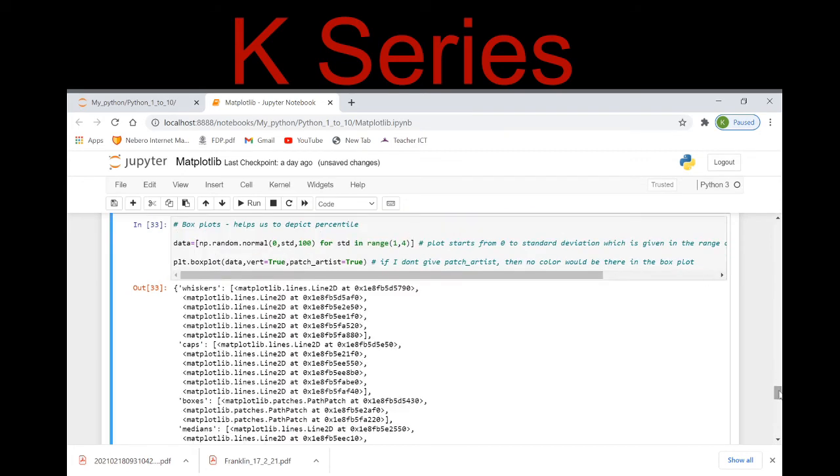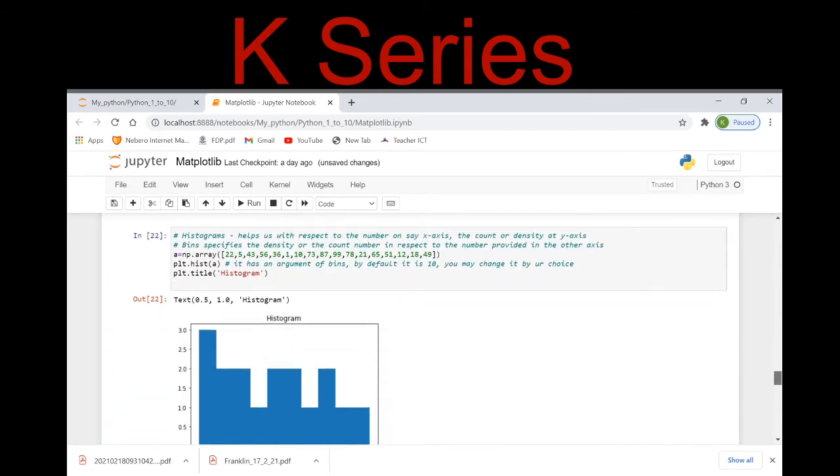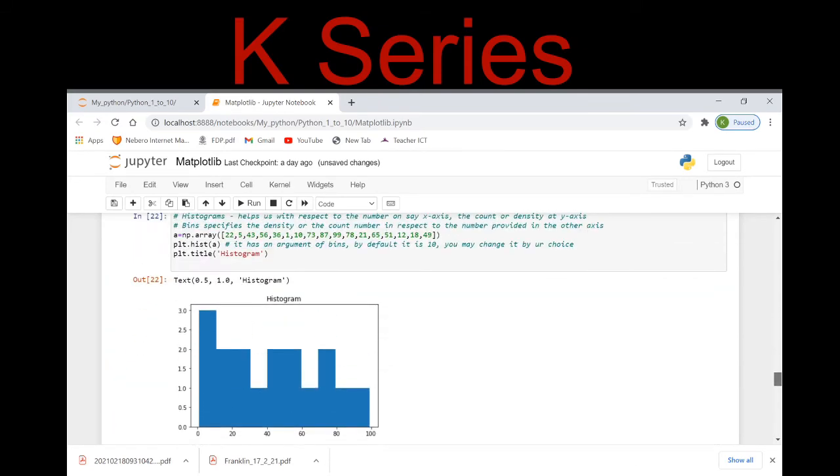Okay, see here. According to my numbers, the density from 5 to almost 25 is quite high. This is what the histogram says. Again, for numbers from around 30 to 40, the density is quite low as compared to the density from 5 to 25, right?